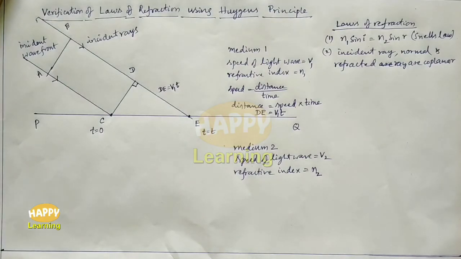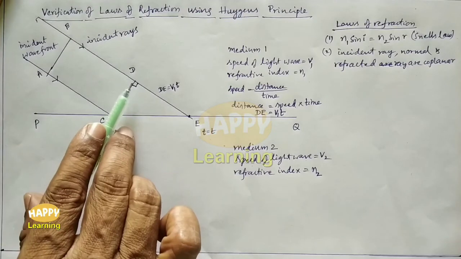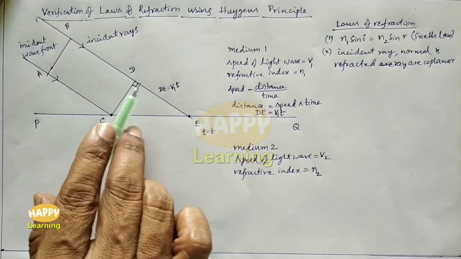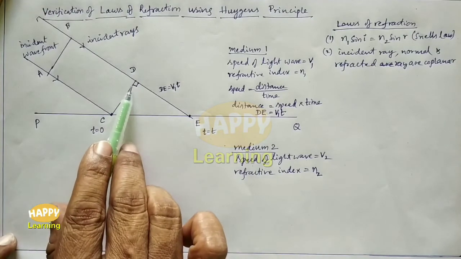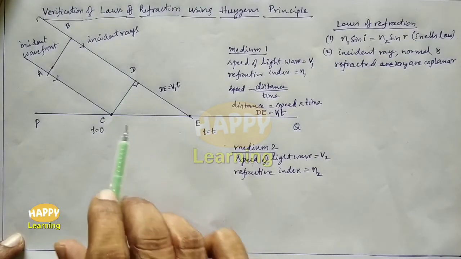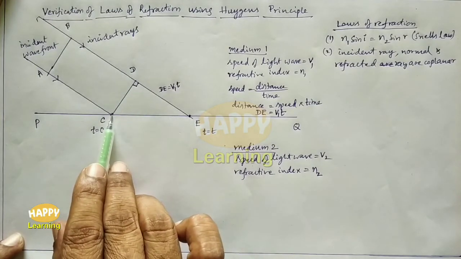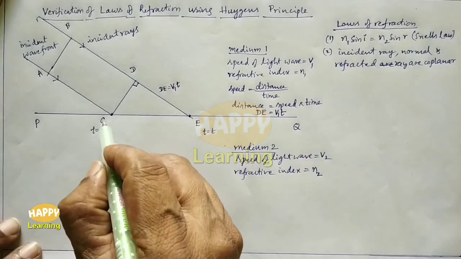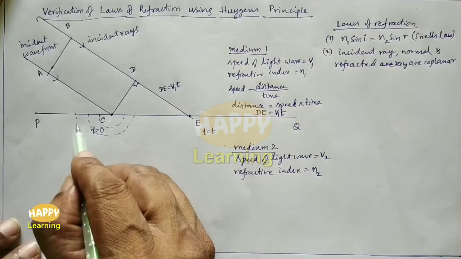Okay. Now CD is the wavefront. One of the waves normal to this wavefront is still in medium 1 and taking t seconds to reach point E. By that time, from D to E, it takes t seconds. During that time, this point C emits secondary wavelets. So secondary wavelets are started from point C.